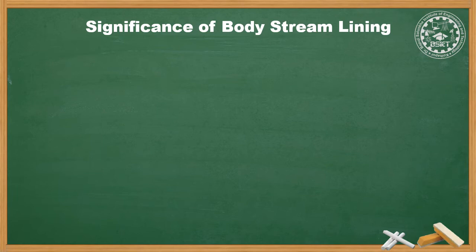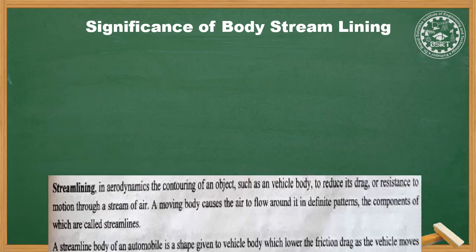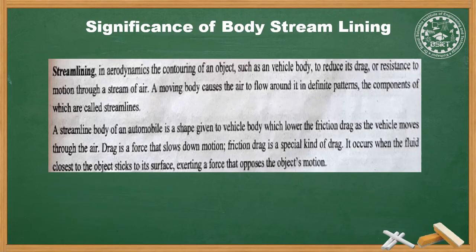The advantages of body streamlining: the aerodynamic body shape reduces air drag on the front end of vehicle, which creates resistance to the motion of vehicle. The aerodynamic shape at rear reduces the problem of vacuum, that is creating a hole at rear end while moving on steep road. The aerodynamic shape improves the fuel economy by 10 to 15%, and this can depend on aerodynamic components provided in the vehicle.